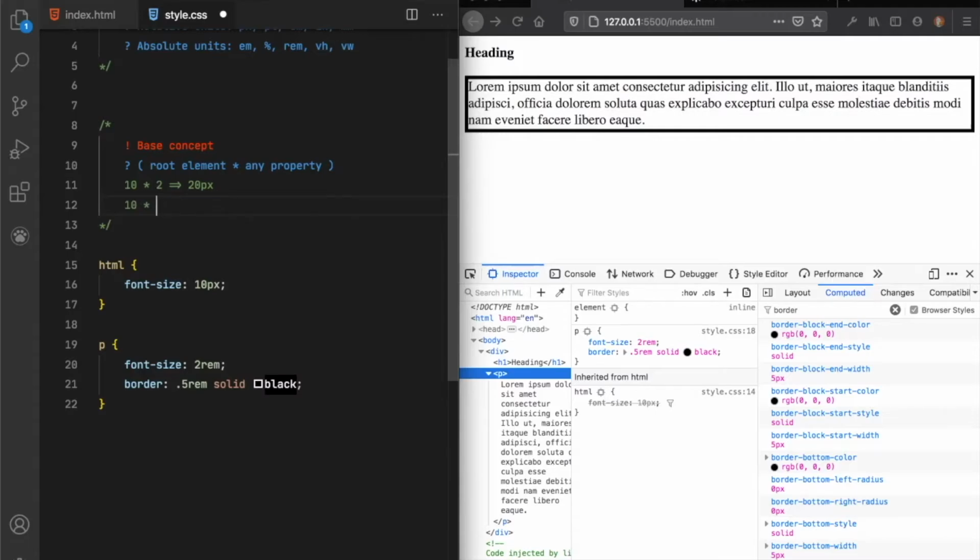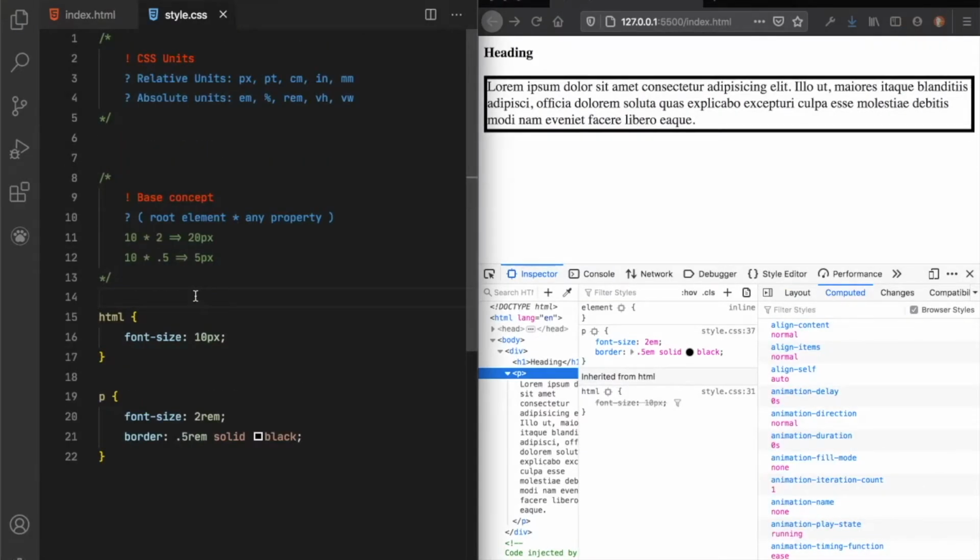So 10 into 0.5, which gives us 5 pixel. So every property in CSS, when we use the rem units, depends directly on the root element. So this is like the base concept.